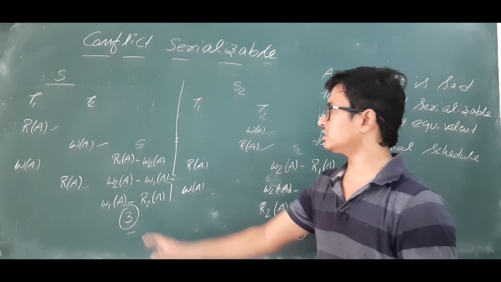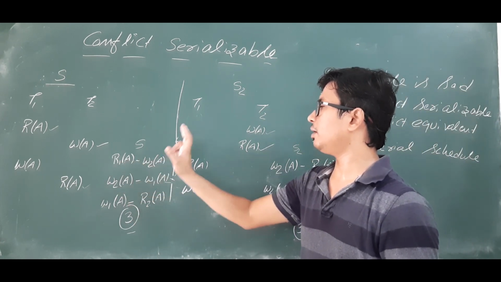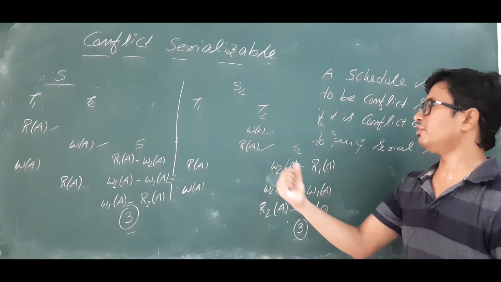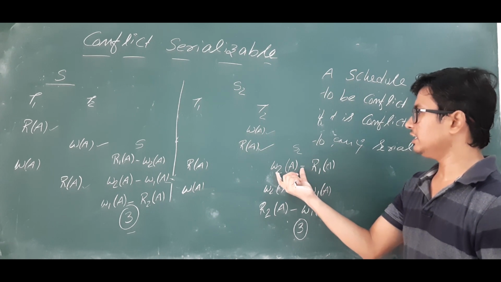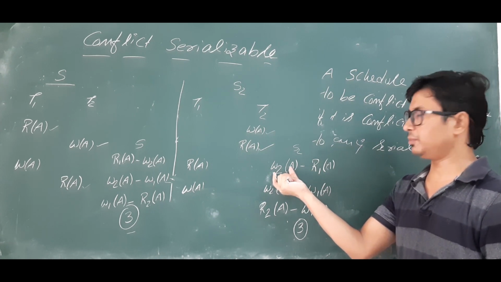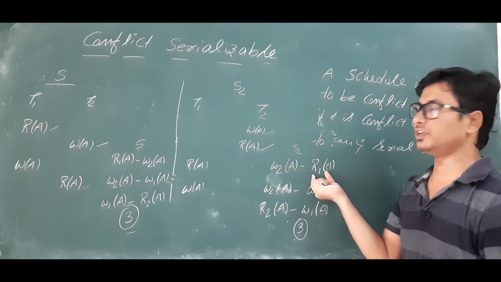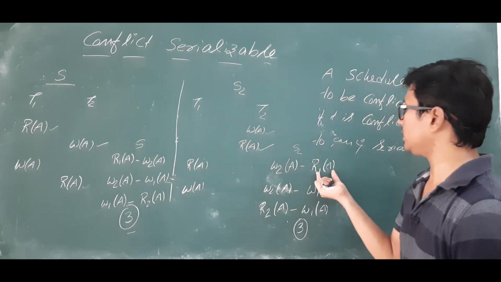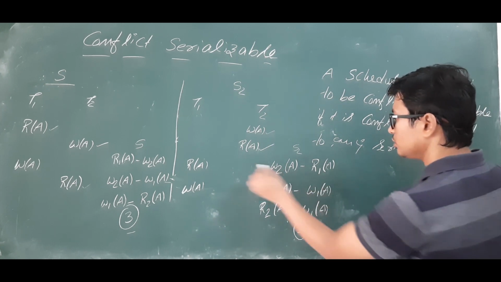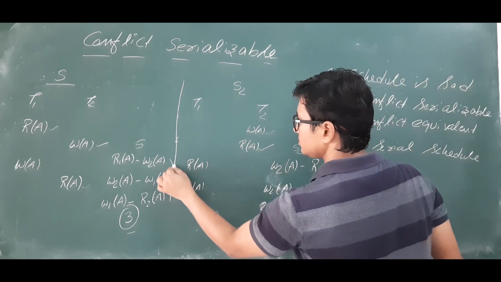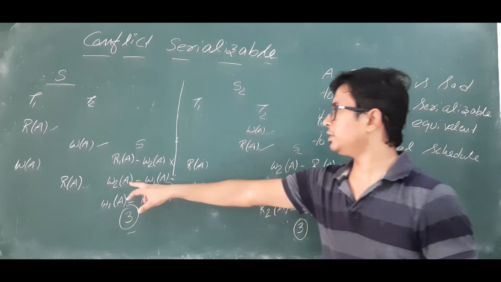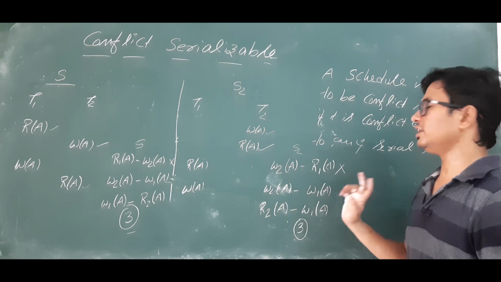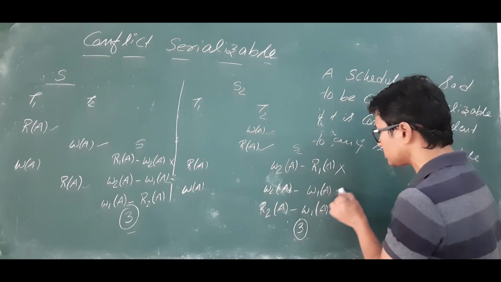What does the second condition say? R1 of A, W2 of A. Similarly here also you should find R1 of A and W2 of A. But it is in reverse. First you perform W2 of A, then R1 of A. In S it says you perform read 1 of A first, but here you perform read 1 of A at last. So these 2 are not the same. Now come to this one, W2 of A, W1 of A. It is saying W2 of A, W1 of A. So this order is the same.